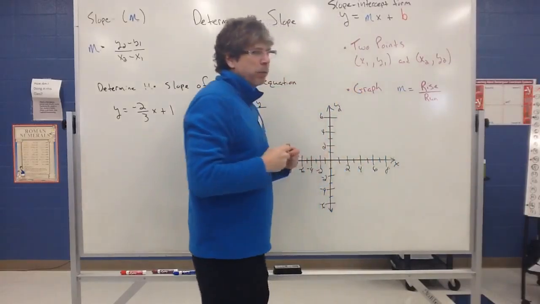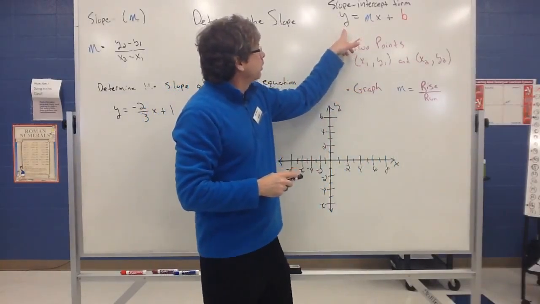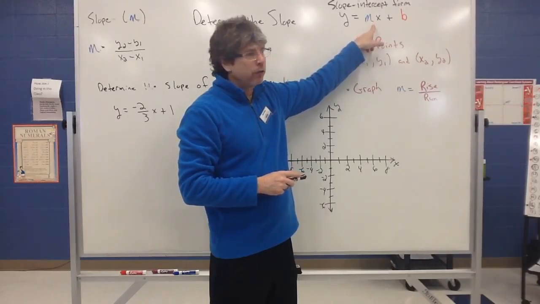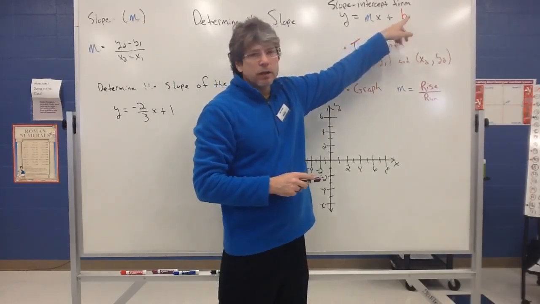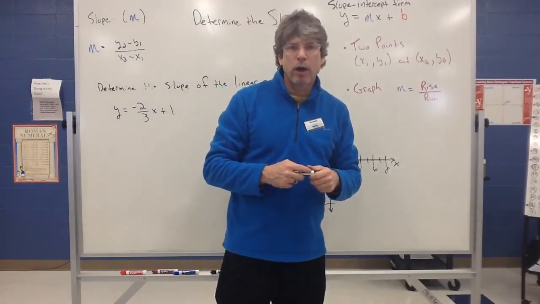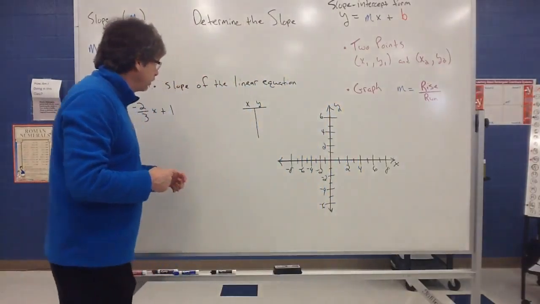And what we pick up on in the slope-intercept form is the m, in other words, the coefficient in front of x, is actually going to represent the slope. And this b is actually going to be what we call the y-intercept, where the line crosses the y-axis. So if I look at this example,